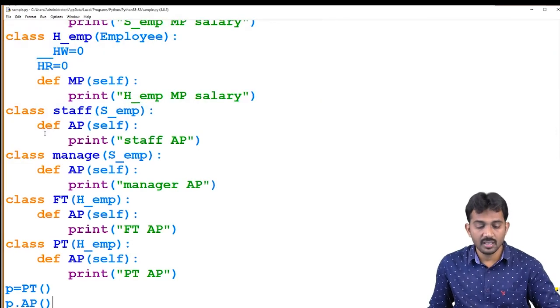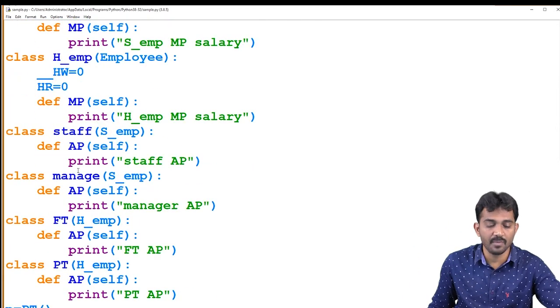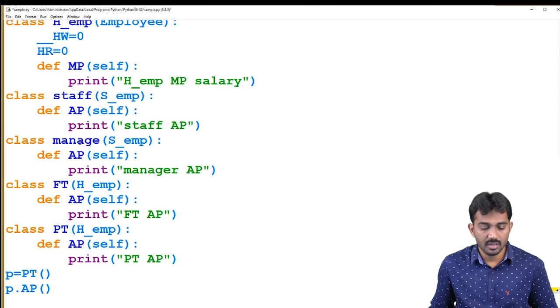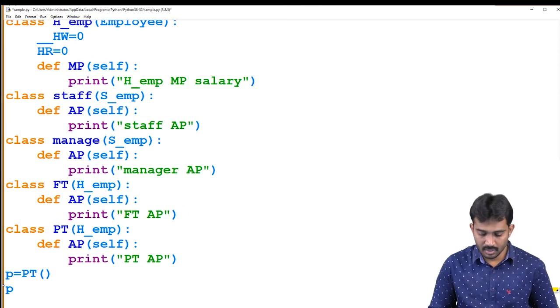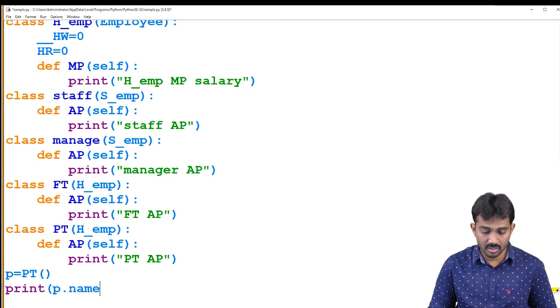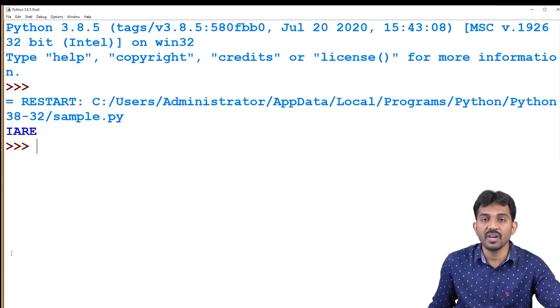Right? Is this clear? And if you access name, for example, if you take IARE name, print of P dot name. See, it retrieved IARE, right?